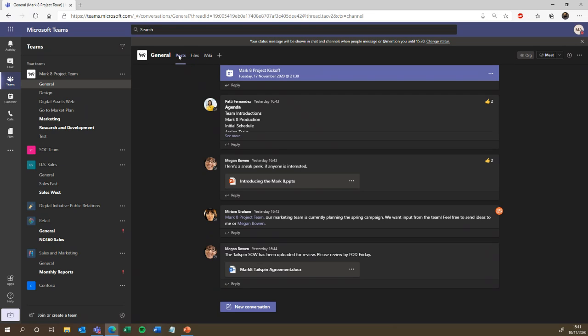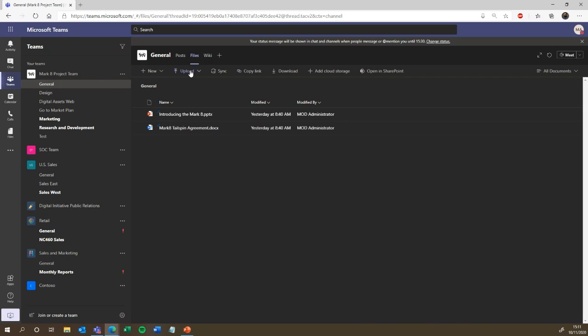So right next to the post tab, we have the files tab, and we can see the files that have been made. These are what have been created, and if you wanted to create any yourself, all you need to do again is select new, select Word, Excel, PowerPoint, whichever application you want to use for your document, and then